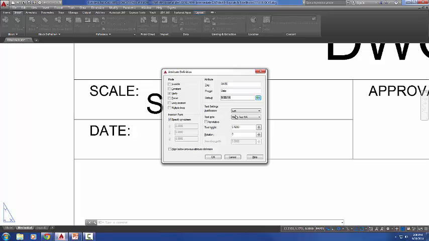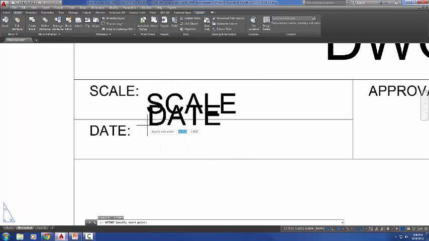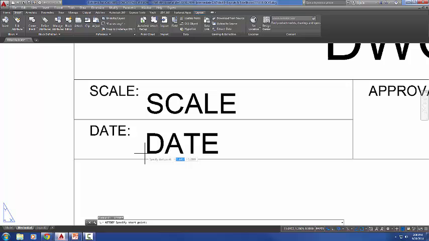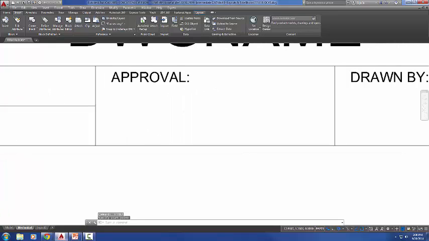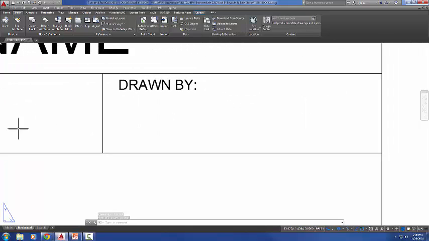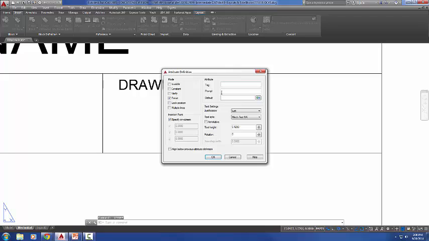And let's see, 0.125 is the default left. It all looks good. And preset is what it says to check right here. So preset, I'll say OK. And I want to line this up just below this. I really don't have anything to snap to, so I'm just doing this visually. I'll just put the date right there. I'll pan over so that I've got drawn by. Repeat that attribute definition, and we're going to put in